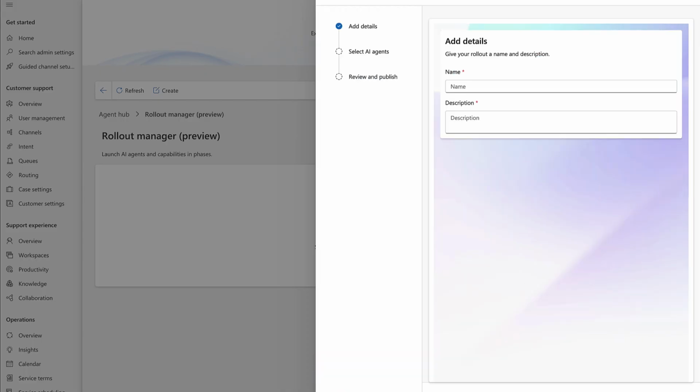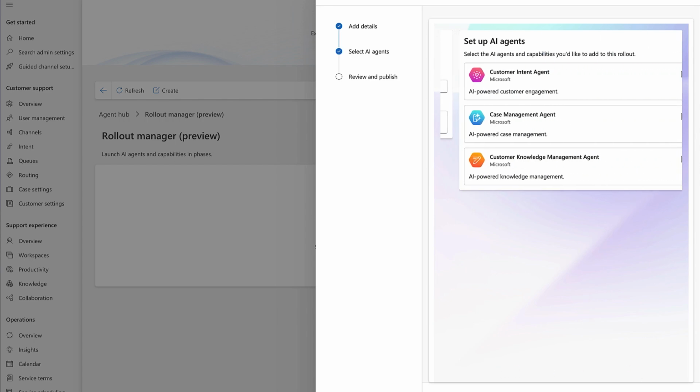So I think it's going to be really useful. But until people have really understood and digested what the different agents can do, and why you would roll them out in this way, there's still, at least in my mind, a bit of a question of where does this go? How does it take us? But I can see how useful this is going to be. So let's just call it test rollout. Let's click next. I just want to give you a sense of what you can see.